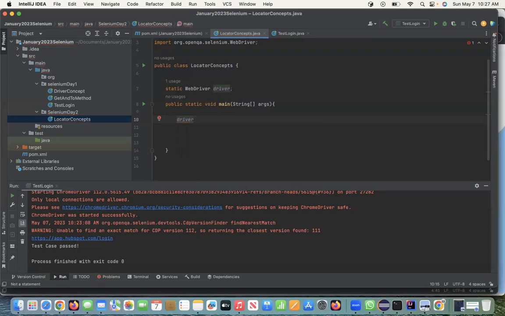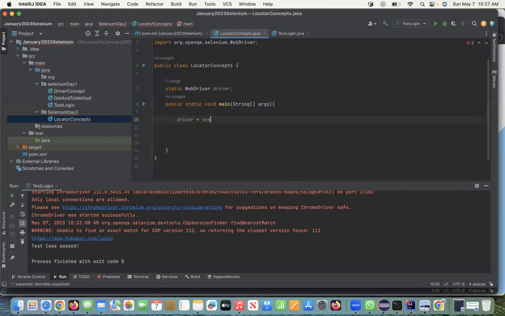If you use Safari, you have to create a Safari driver. But for the next few classes, we'll be using Chrome driver, then I will show you other browsers also. Chrome is the most popular browser anywhere you go. Everybody uses Chrome. So driver equal to